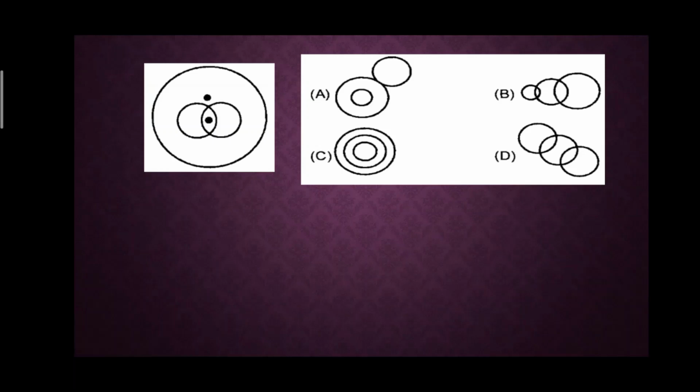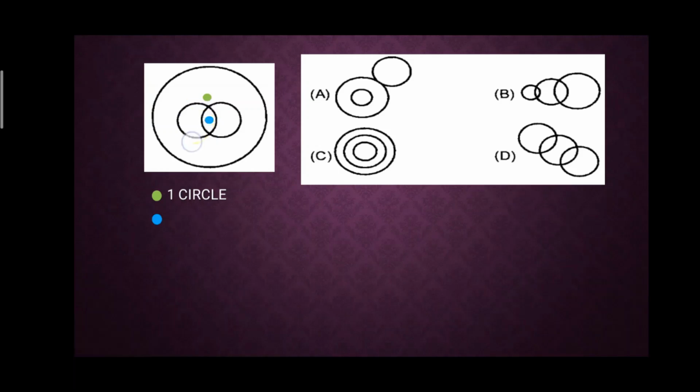Now in this question you will see a problem figure is given to you. In this you have two dots. First dot is inside the single circle. I am again giving them two different colors for better understanding. The first dot, that is the green dot, is inside a single circle. Only one circle. Doesn't matter which circle in the answer figure. You will have to just figure out if a single circle or a circle without any other intersection is possible or not. Now the second dot, which is the blue dot, it is inside all the three circles.